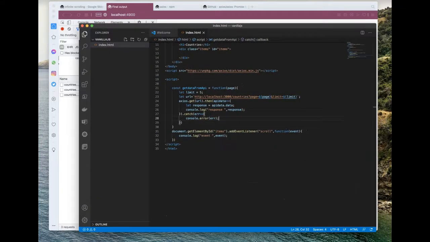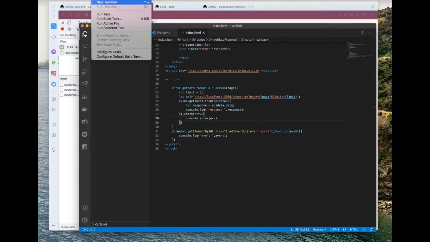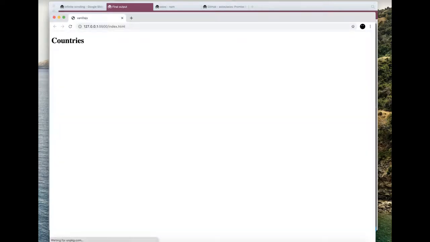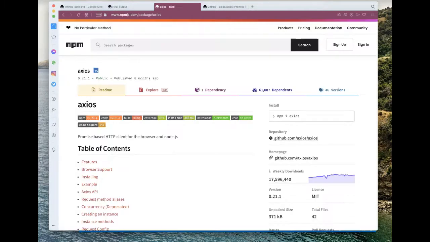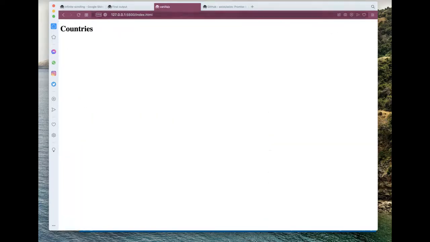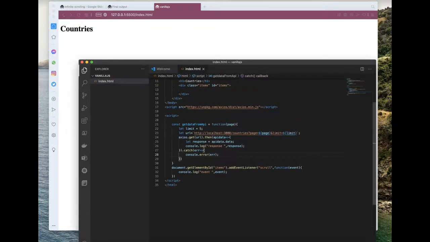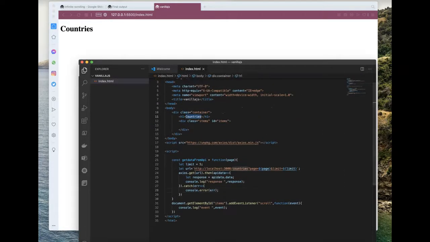Let's use the live server that is available in VS Code. So currently our HTML template has countries, and it's displayed in the output.